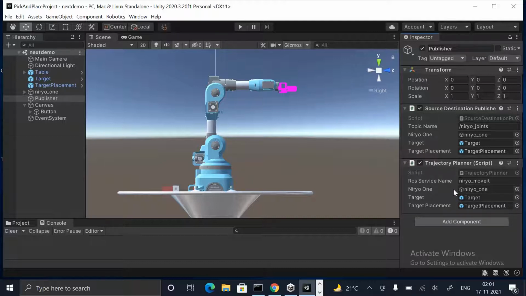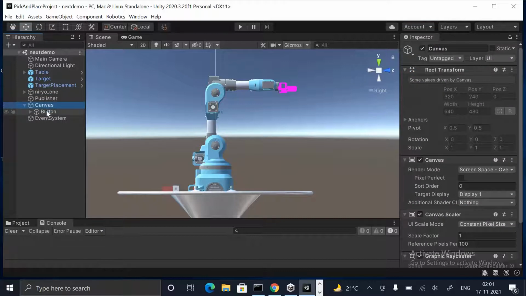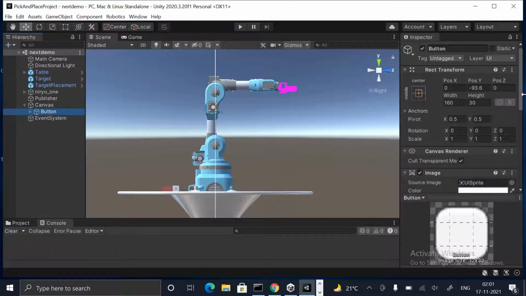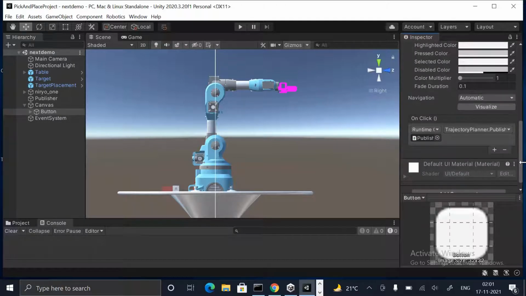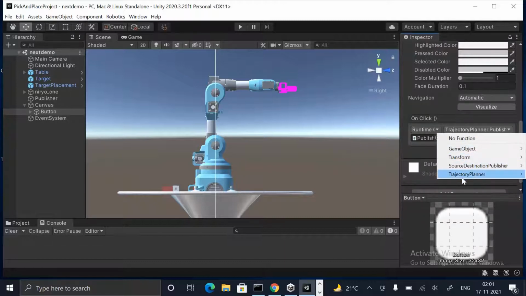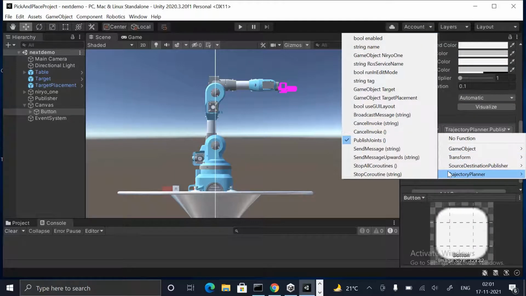So when these options are highlighted or done, we go to the canvas option where we have this button where we have initialized the links for the on click event. So if we just focus on the on click events, we are into trajectory planner, and from the trajectory planner we are calling this publish joints option.